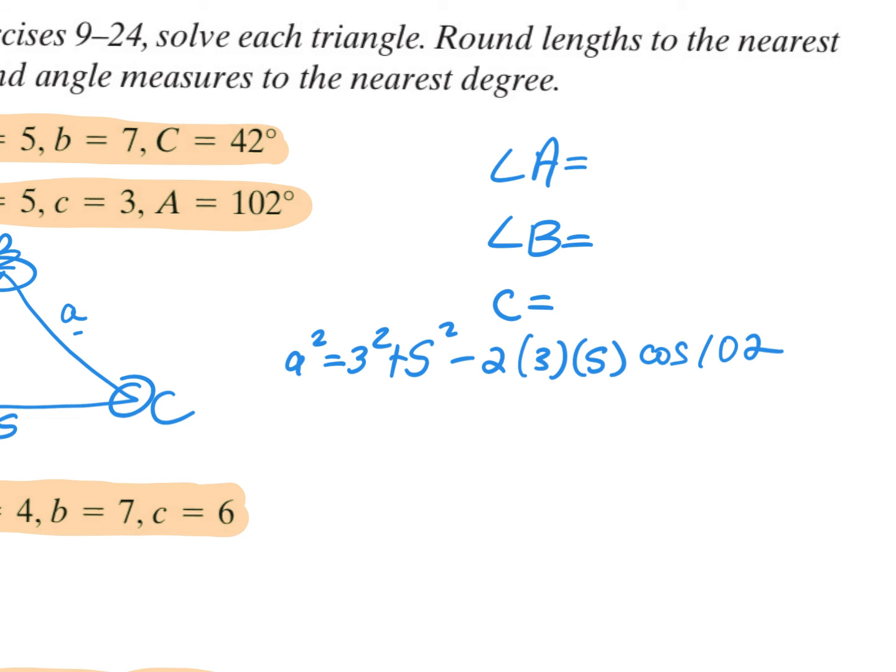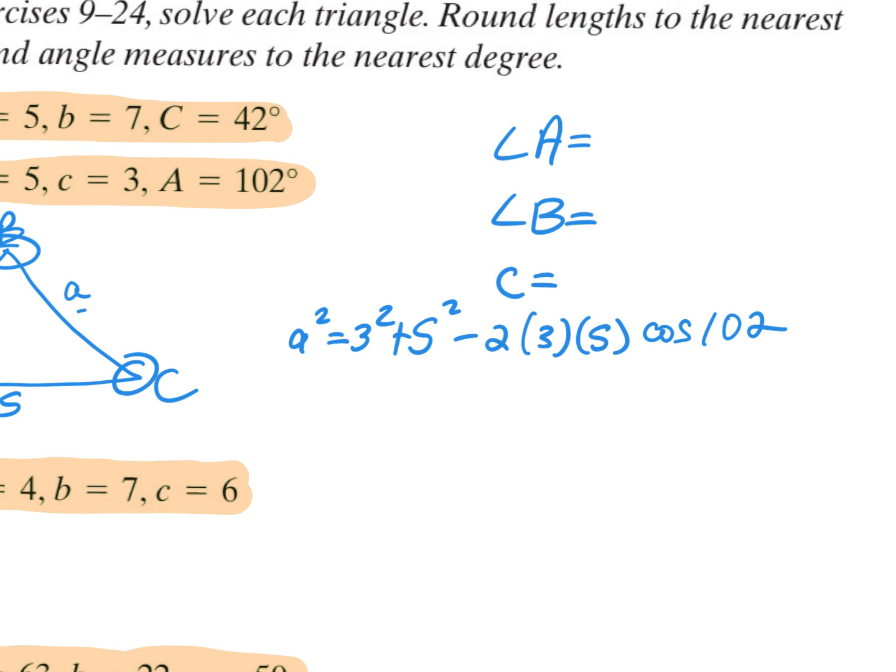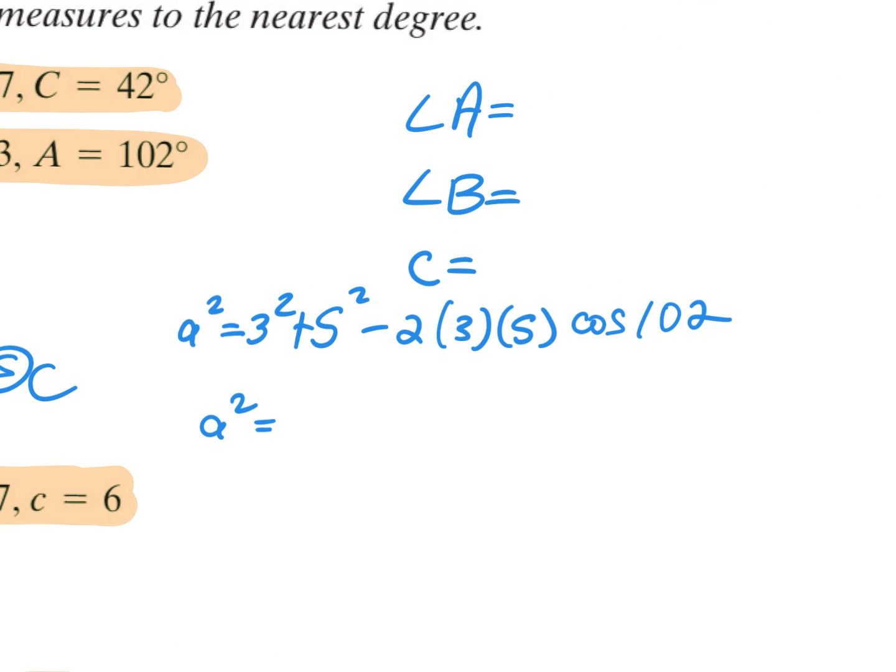So guys, at this point right here, you can put that whole thing in your calculator. Go ahead and do that. Everybody do that. Pablo, question. Oh yeah. What if you had all this time? We're going to do that example in 1 second. But you do the same thing, right? Same formula, yeah. But we're going to look for the angle. So I'm going to say 3 squared plus 5 squared minus 2 times 3 times 5 times the cosine of 102. You guys get